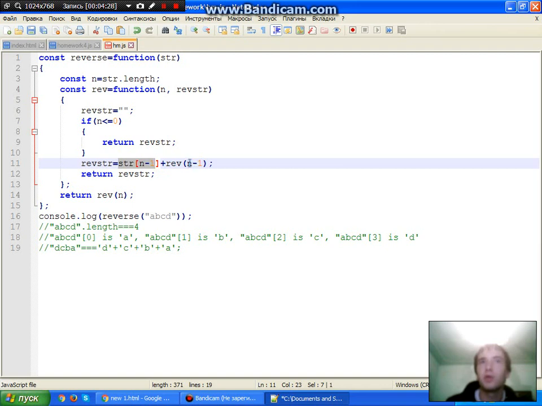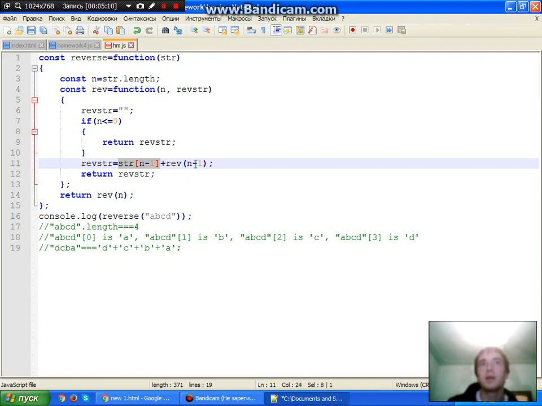So what does it do now? ref n minus 1 is our function, but in this case it takes as an argument not n but n minus 1 and accomplishes the same thing. So n is 4, then 4 minus 1 is 3, but 3 is not equal to 0, then it continues to concatenate it with string n minus 1. So we get string n minus 1 plus string n minus 2, then plus